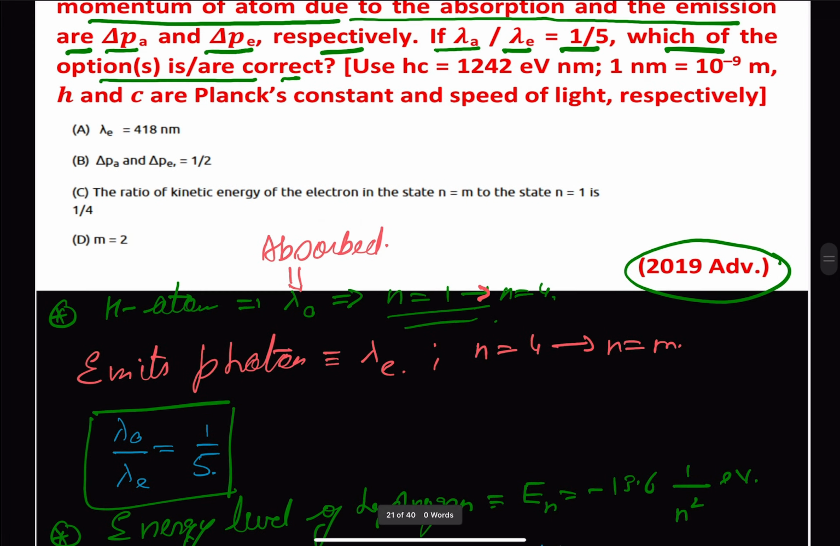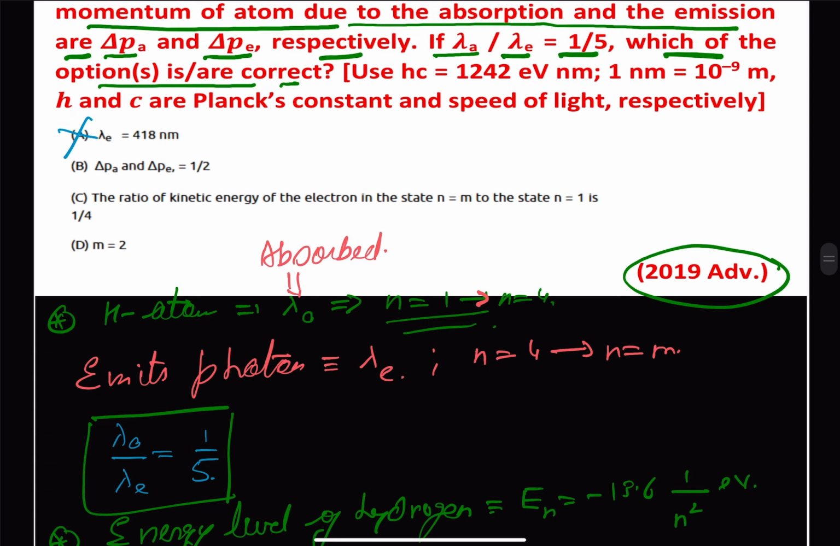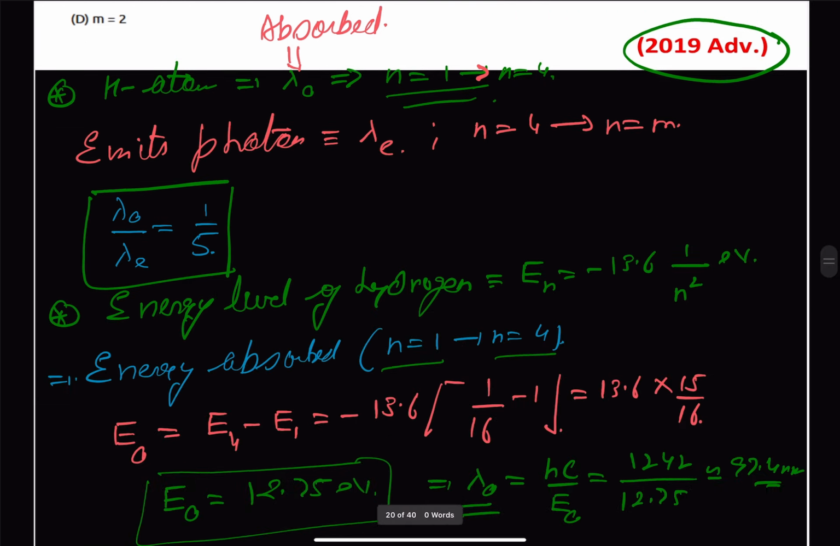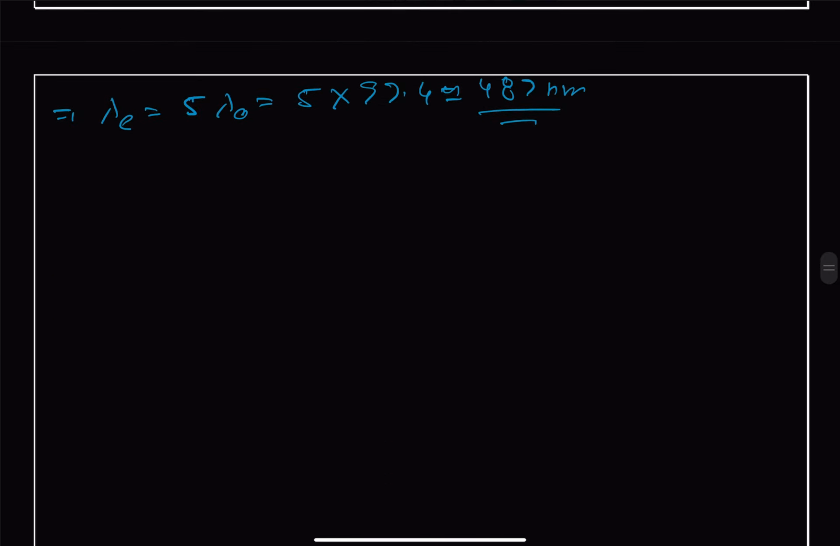So our wavelength, option A is incorrect. It is given as 418. So you can say option A is incorrect. Next,